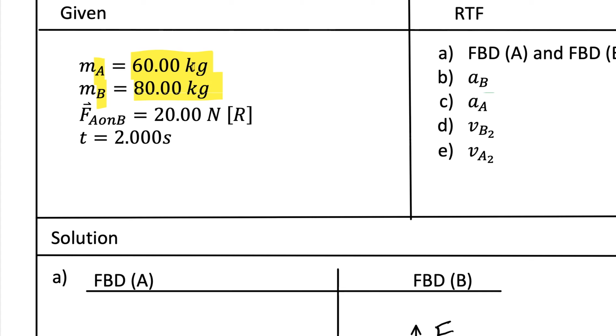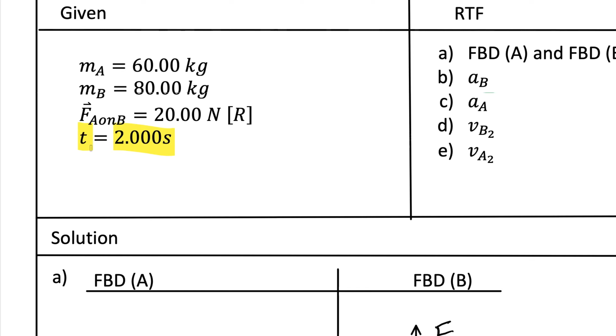Based on this, student A's mass is lower than student B, which we would expect then that student A should accelerate at a greater rate than student B because of Newton's second law. And that is the rate of acceleration is directly related to the force applied, but indirectly related to its mass. And this key notation, FA on B. So this is the force of Amy on Balja, or student A on student B, and that is 20 newtons to the right. And the time for this push is 2 seconds.